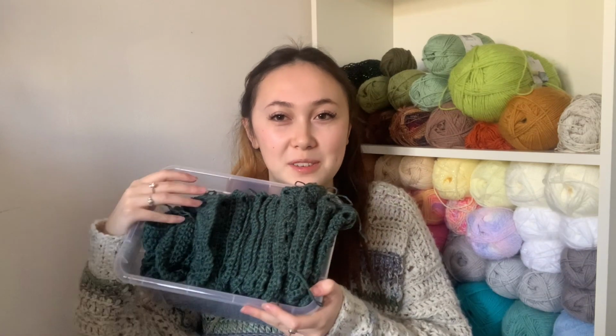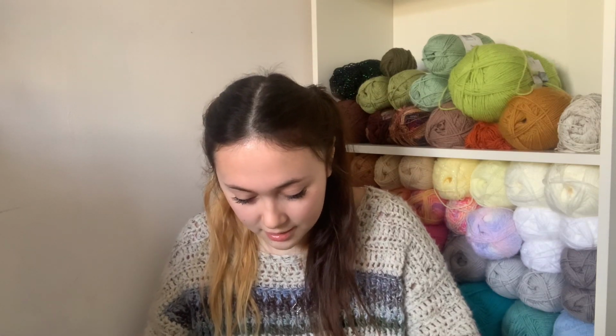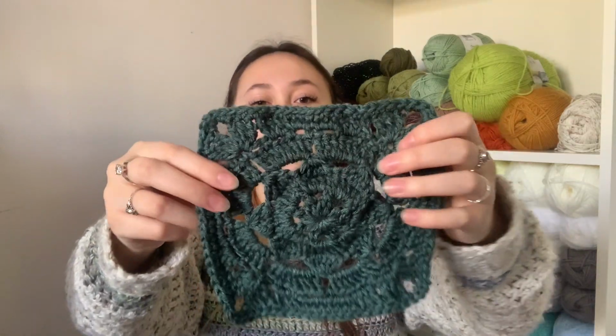So next up, this is a WIP that I've been working on for quite a while now. Basically, I've got all these granny squares. It's called the Magnolia granny square, I believe. Here on YouTube, I will link the tutorial down below. And basically I'm making, I think it's 26 of these granny squares, and it's using the Beanies yarn in this really lovely dark green